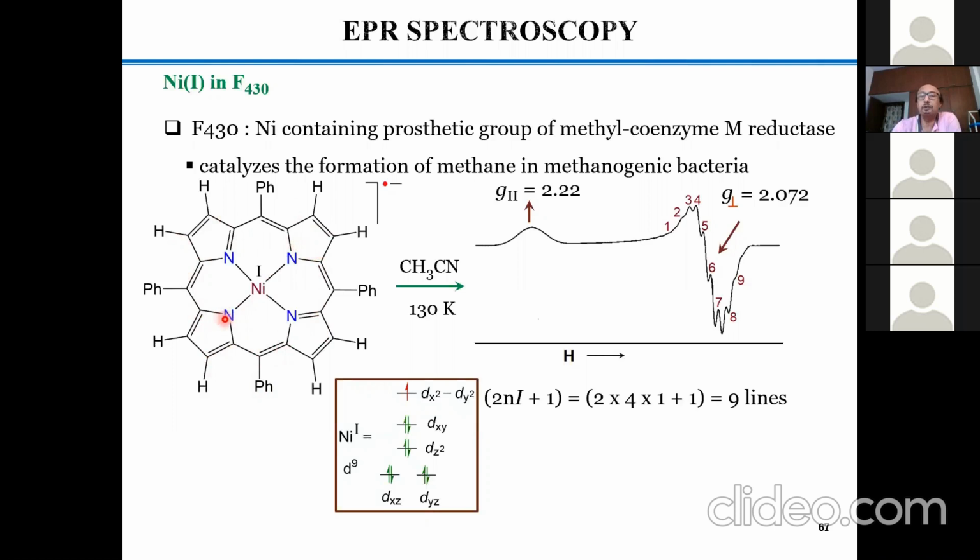And if you look at the bond parameters, though these are anionic and this is neutral, some slight difference is there, but the electron is rather symmetrically oriented over there. And on the g-axis, nothing is there, or at best you can have some weak interaction with the solvent if you use a polar solvent. For example, if you record the spectrum in acetonitrile, indeed, in this case, they have recorded the spectrum in acetonitrile.